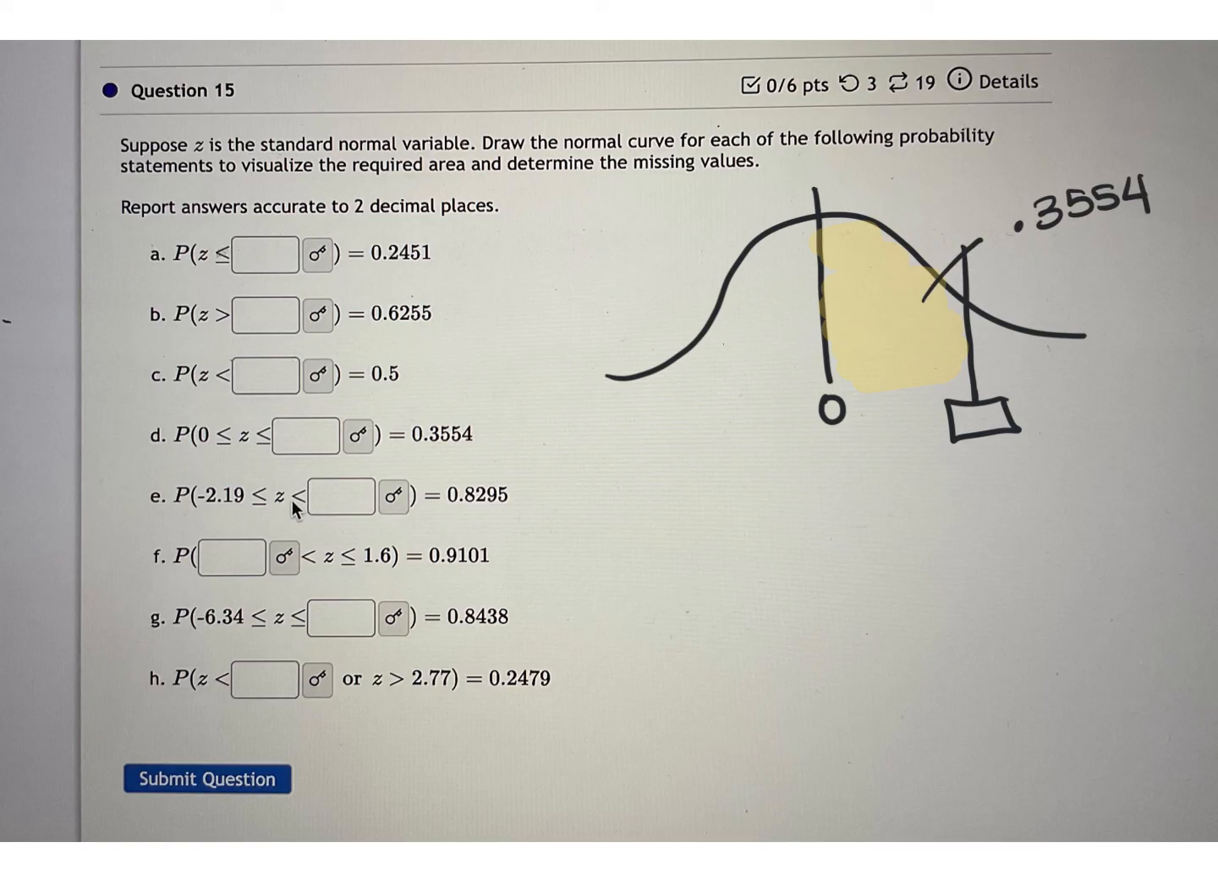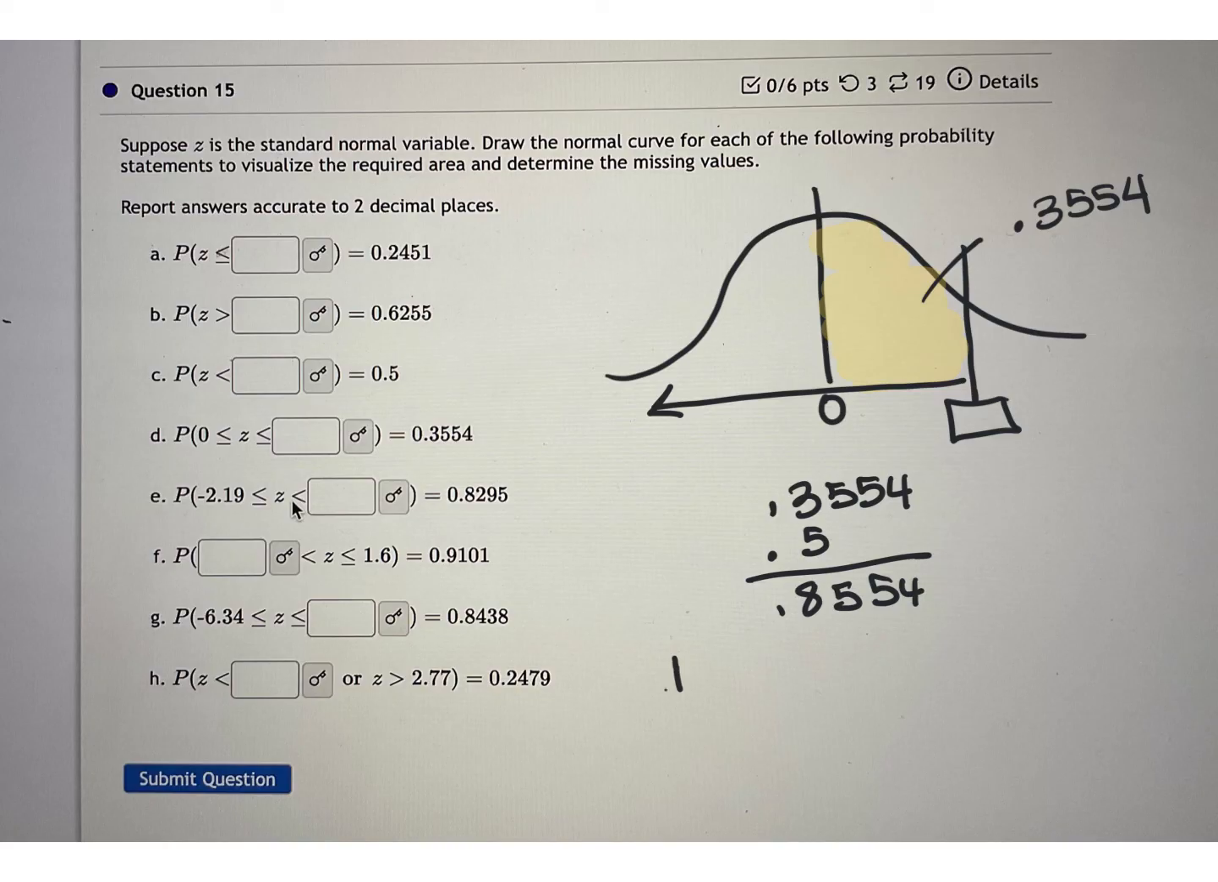0.3554. Now my calculator, and Minitab for that matter, are going to give me the number to the left of this. So I'm looking for the cutoff that has this 0.3554 and everything else to the left of that. Well, everything to the left of that is 0.3554 plus 50%, because left of 0 is 50, that's half of it. So that's going to be 0.8554. So I'm going to hit inverse normal